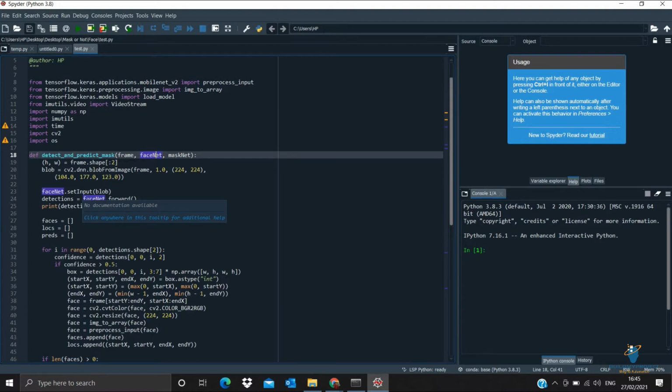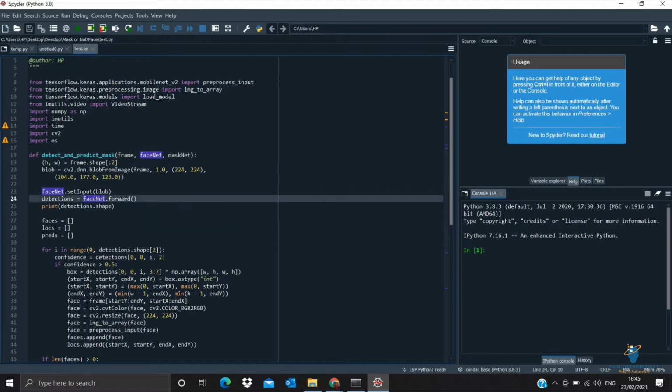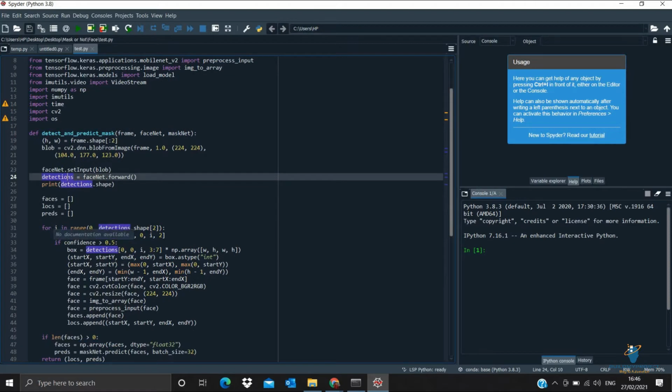Inside the person wearing a mask, we will be going with two parts, that is how much, and whether the face is completely covered or not. Then we are using a new keyword, that is detection. Inside that, we have faceNet, that is your face part. With the help of forward, we are trying to detect the face, that is print detection dot shape, the shape this frame is detecting, the camera is detecting your face. And then we are trying with a for loop. For loop is basically for numbers.